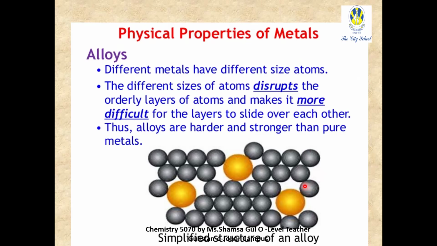Yes. Okay. And sometimes they do ask in paper 4 to explain with reference to a diagram why alloys are much stronger and harder than pure metals. So we draw this diagram. Show the larger structures, larger circles, along with the smaller ones. And this is the reason. 2 marks. The different size of atoms. 1 marking point: different sizes of atoms prevent the layers from sliding over each other easily.